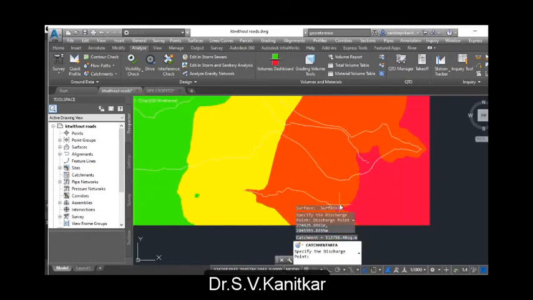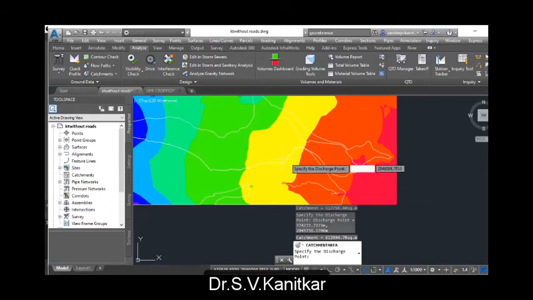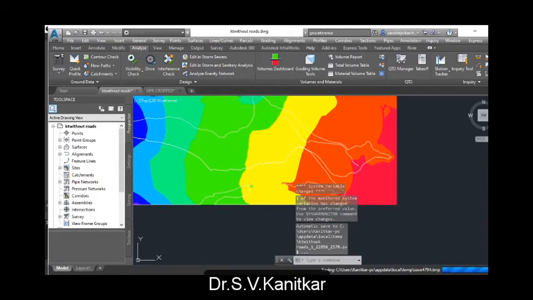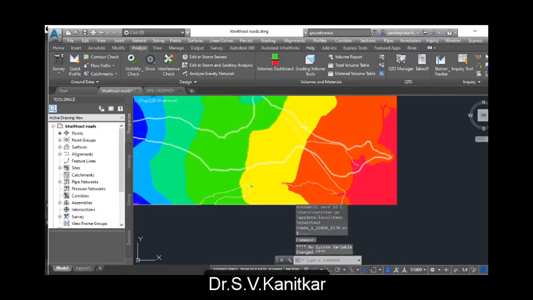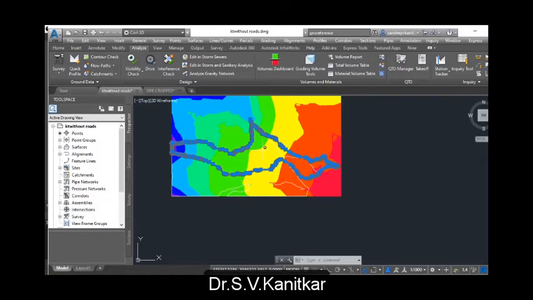Similarly, if I choose this particular point as an outlet, you can see how the delineation has taken place. So this is how, in a very fast way, you can delineate catchments, and such catchment polygons are available. Obviously it's a CAD software, so area, slopes, lengths, perimeters of catchment, all those can be easily extracted. So this is how catchments and streams can be extracted using Civil 3D.